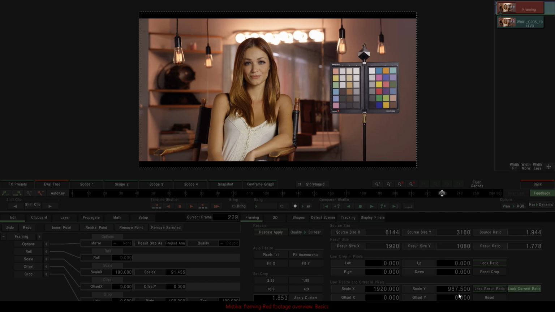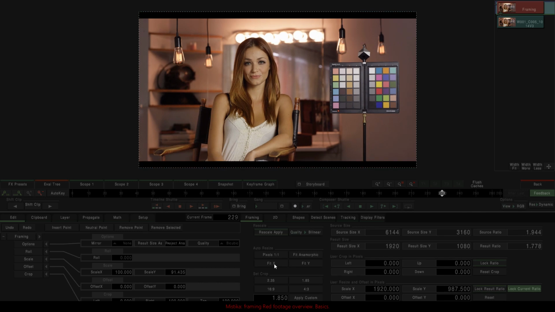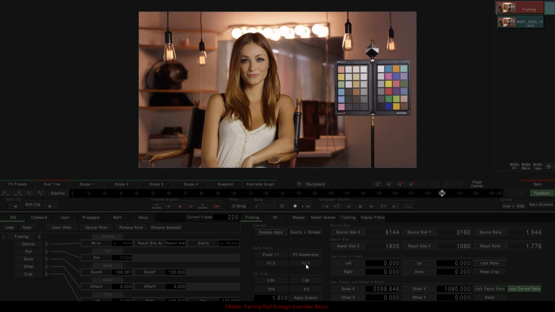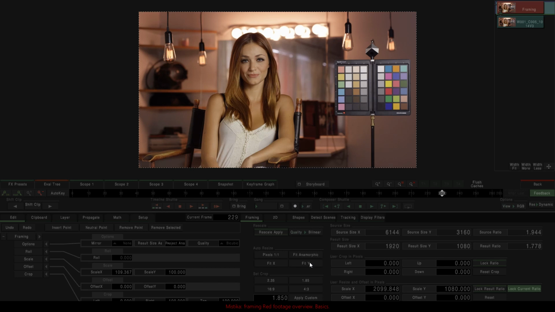So if I don't want the bar, I may, for example, want to reframe manually until, like that, the bar disappeared. But I'm not going to do that. As we see, they are locked. I prefer to use an auto resize as it is completely precise. So, of course, we lose the information on both sides, but as nothing is relevant in this particular image, we can allow to fit our Y axis. And now this image is correct.